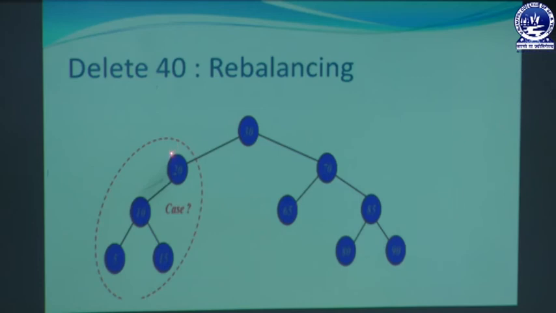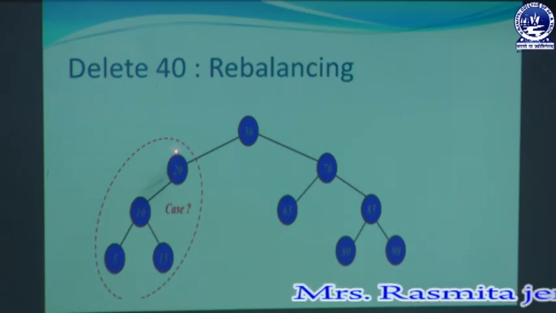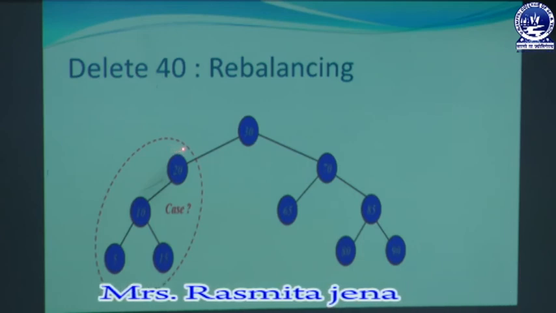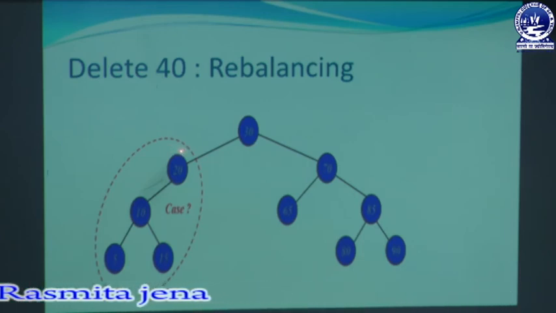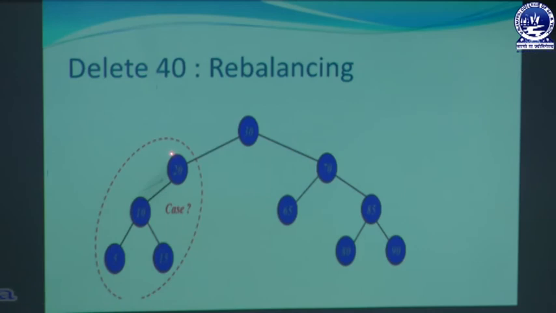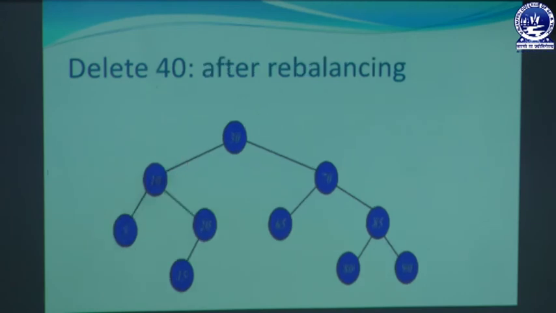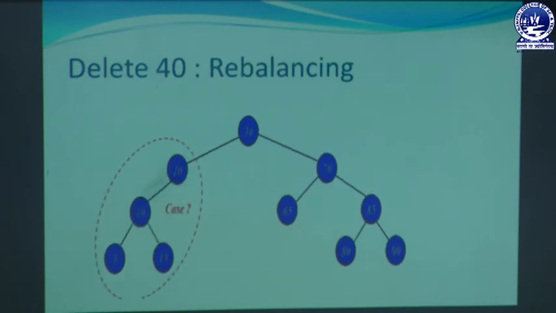So as one node has a balance factor of plus 2, which is more than 1, we can say the tree is unbalanced, and in this case we need to rebalance the tree. We can perform the rebalancing by using different rotation operations. In this case, first we replace 20, that means here we are performing a rotation, and